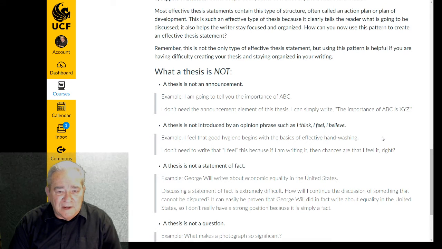You actually don't even have to use the word I feel. Notice what it says. Just simply write, good hygiene begins with the basics of effective hand washing. That's much stronger. It's a very declarative statement. And so